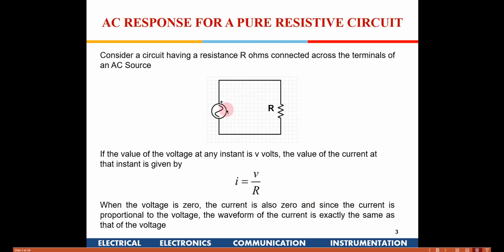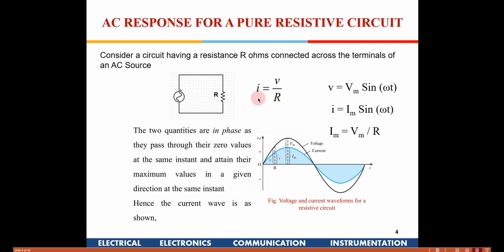Okay, so the first example we are going to learn is about a resistor. When we apply a sinusoidal signal, what happens, right? The behavior of the response, like in a DC circuit, is again defined with the help of Ohm's law. So I is equal to V divided by R here. In this case also, I is equal to V divided by R, like it was for the DC.